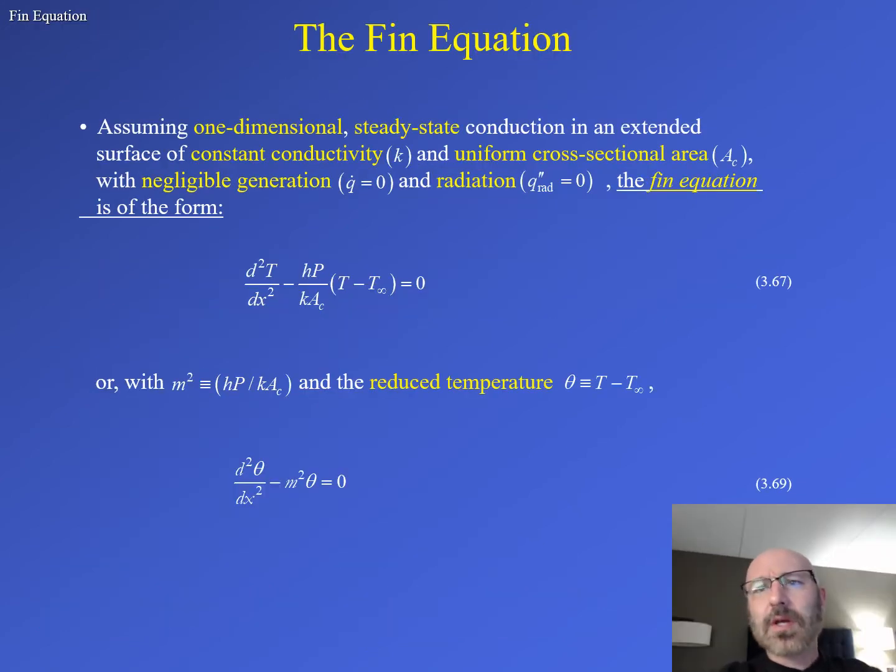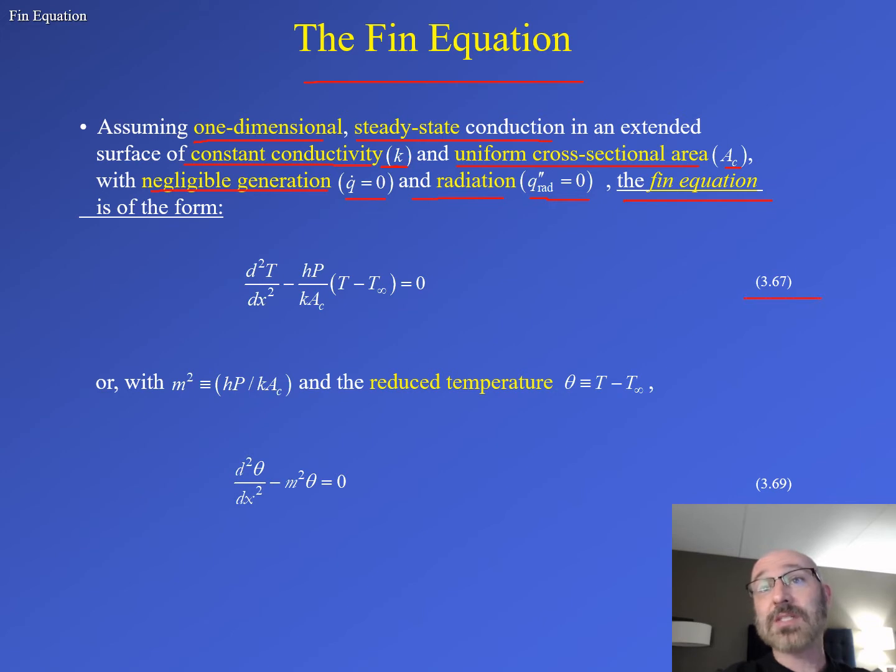So the next thing we want to take a look at here is the fin equation. Now, there's a lot of assumptions we're going to have to make in order to utilize this general governing equation for the fin equation. What we're going to assume is that it's one-dimensional, steady-state conduction in an extended surface of constant conductivity, our thermal conductivity k value, and it also needs to have a uniform cross-sectional area, our A sub C, along with negligible generation, so our q dot is equal to 0, and negligible radiation, so our q double prime radiation is equal to 0. With all these assumptions, then we can use the fin equation shown in the form here